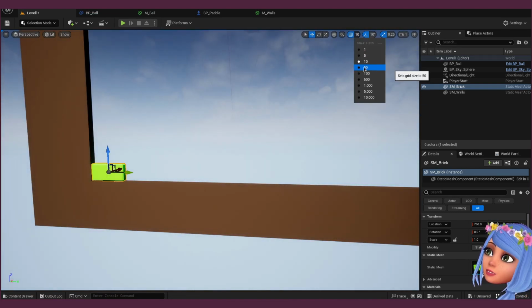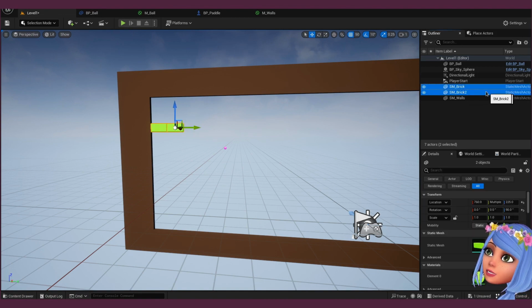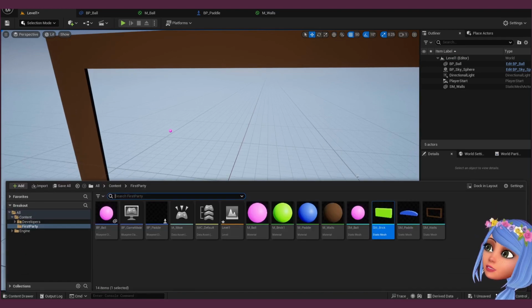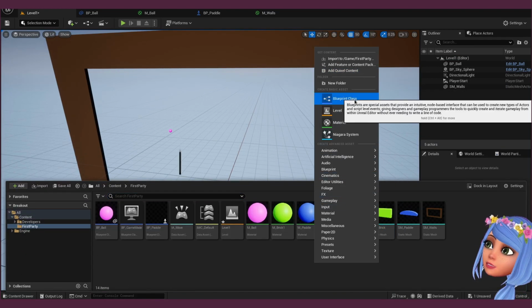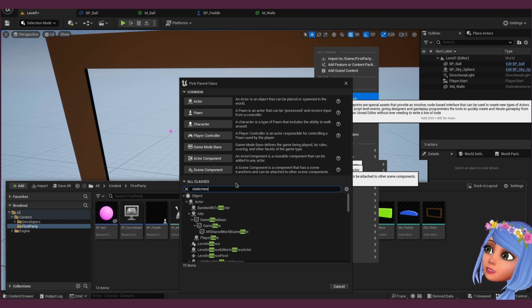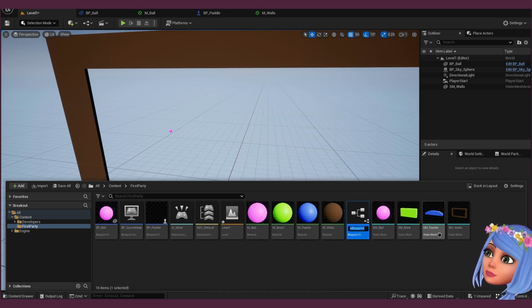I need to make a brick class, I forgot. So let's make the brick class. New blueprint class, and it's going to be a static mesh actor, and let's call it